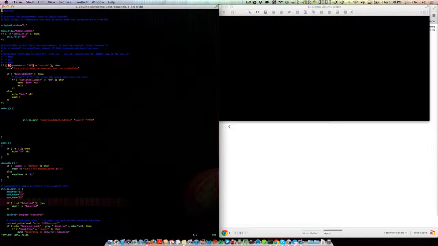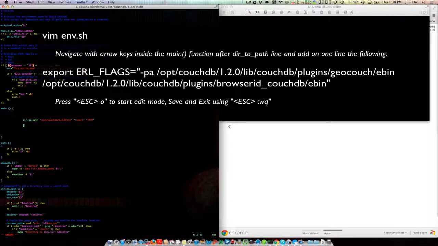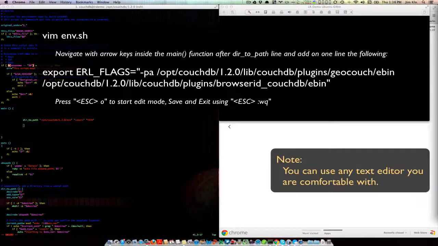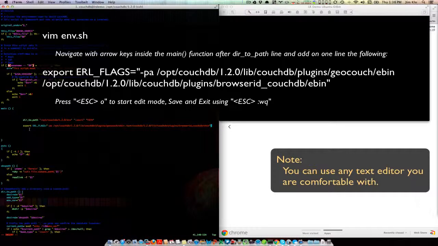In here we need to add the configuration for the extra plugins that we installed or built alongside this. So we can do that by adding this path. We're going to export this